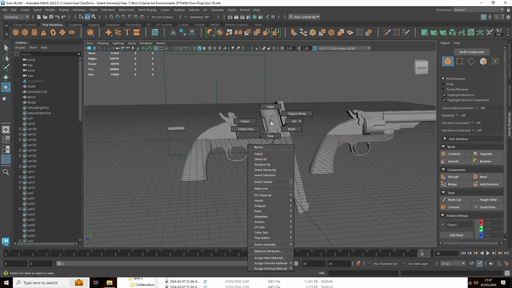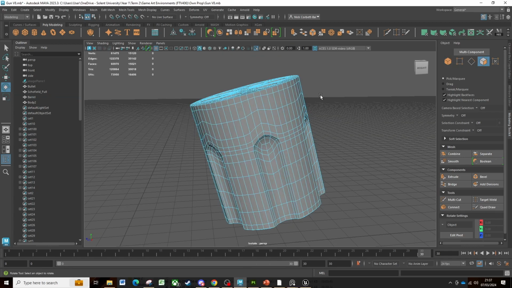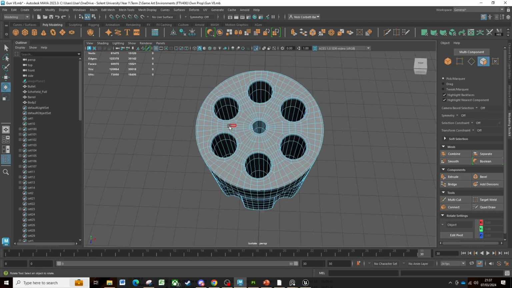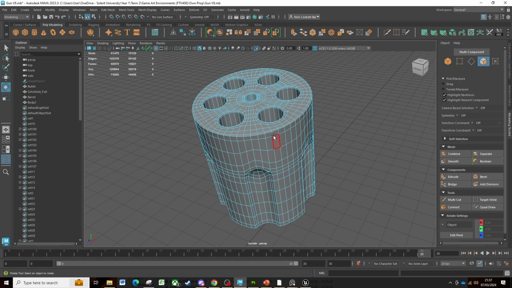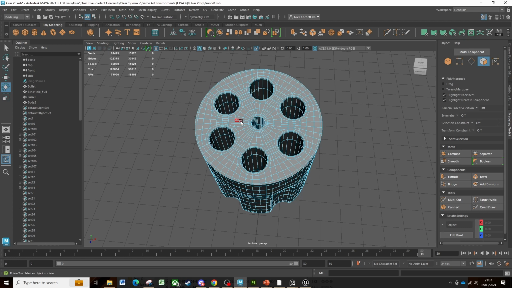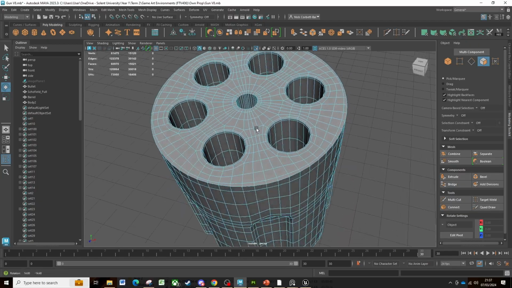So if I grab one bit here, the cylinder for example, basically what I did for this is that I got cylinders, made sure they were equal on all sides, so made sure these were six and then this middle section had six edges. I then extended them, duplicated special all around so I know they're totally even, and then bridged around this cylinder. So that gave me all these faces in here. It was a little bit messy in here. There was quite a lot of tris and stuff. So I basically deleted a bunch of those and tried to make it quad-based topology, and obviously cleared all the